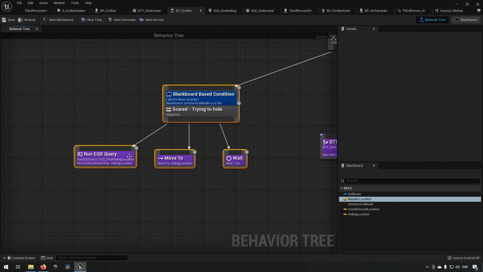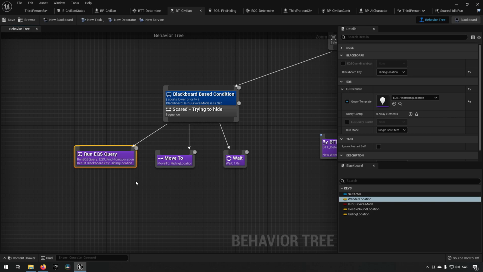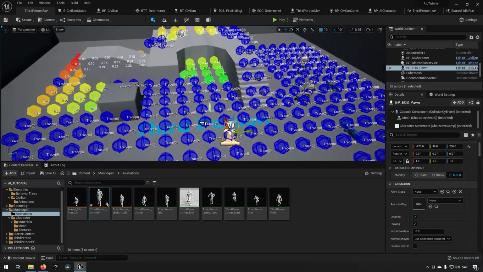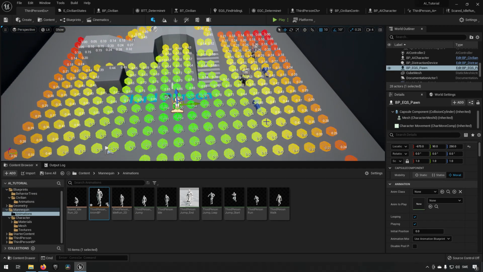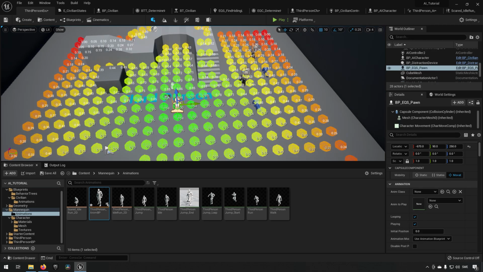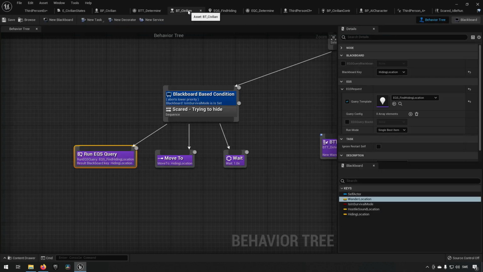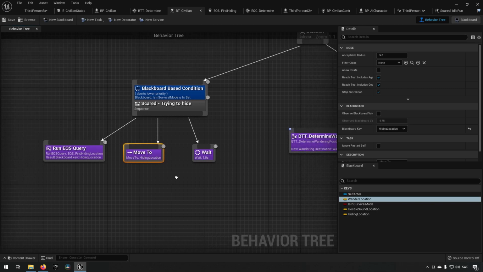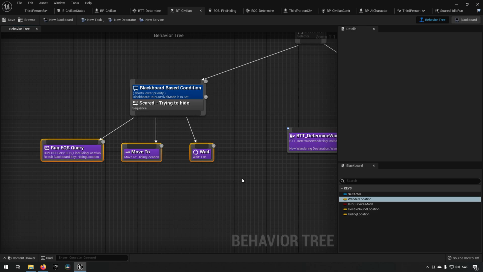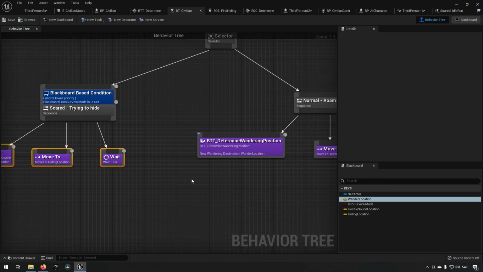Then this sequence, whenever it has decided that it is in survival mode, we run an EQS query, which again is a query that we tested out over here, which is determining that we want to have the closest position to us possible, that's still probably not visible from wherever we heard the sound being made, and that is the position we want to run to. And once we get that location, we move to that location with our max speed, which is 600, and then we wait there, and then we run this query over and over again while we are there, which is going to be for 10 seconds. This could of course be made in a slightly different way if we wanted to, but